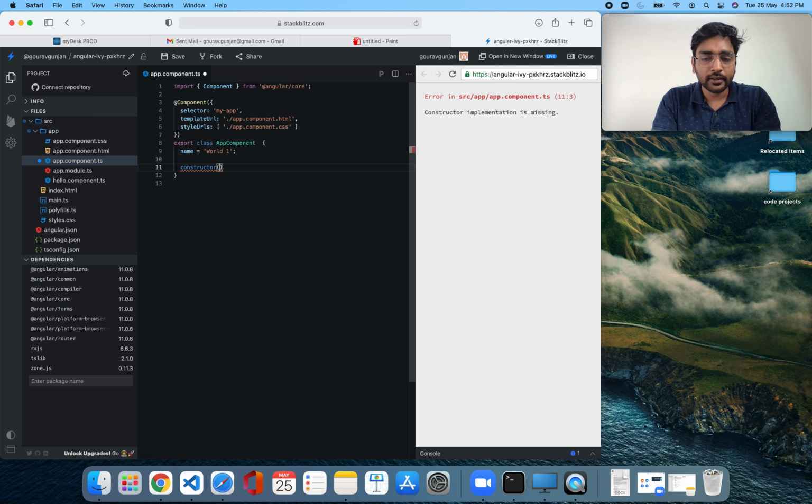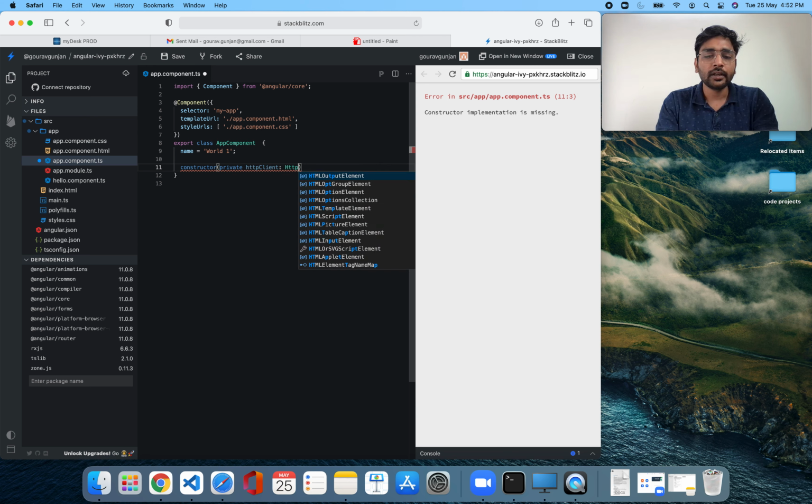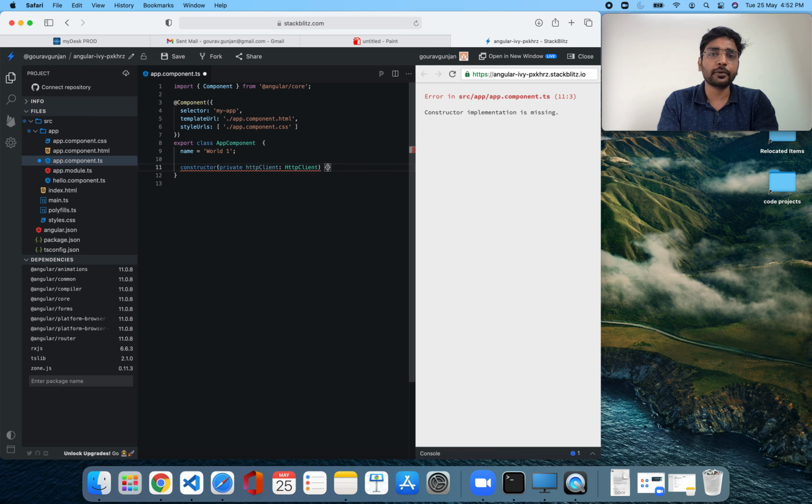But for now, let's say private HttpClient. The format for writing this is first the access modifier, that is, we want to keep it private to this TS file, so we wrote private. Then we wrote the variable name, and then the class which we want to import.